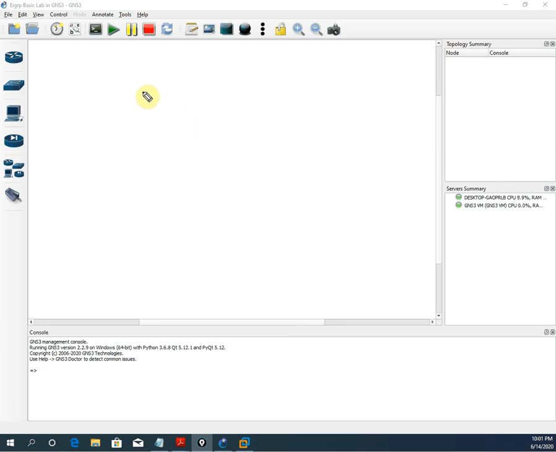The theory I already discussed in our Packet Tracer series. If you watch, you will get that one. But anyhow, I will write some points so you will have an idea about the theory. So EIGRP is the Enhanced Interior Gateway Routing Protocol, the full form. It was Cisco proprietary before, but now it is an open standard, so any router can work. Before, it only worked on Cisco routers, but now it will work on all routers. And we can say this is a classless routing protocol.